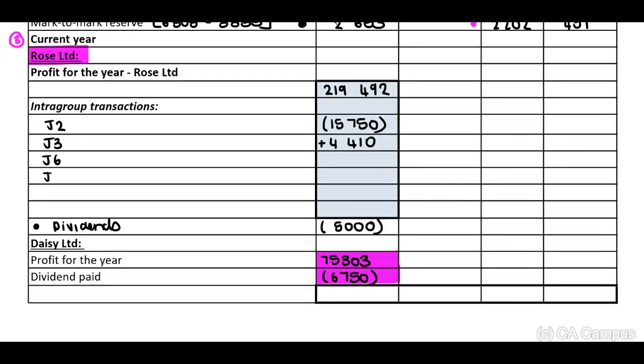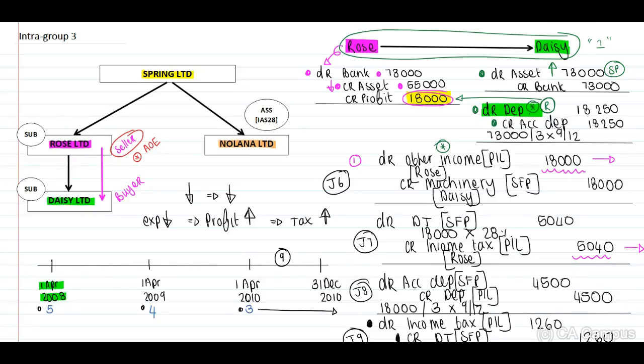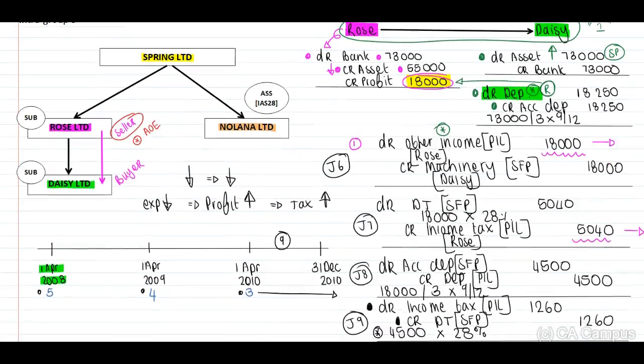Journal 6, journal 7, we need to take out the 18,000. Therefore, the profit of Rose decreases, and we need to recognize the tax decrease. Therefore, this is a positive. Then, guys, important, when you look at our realization journal, journal 8 and journal 9, journal 8, we credit the